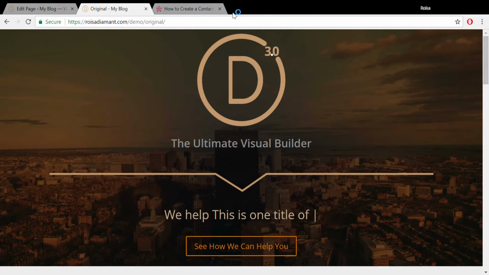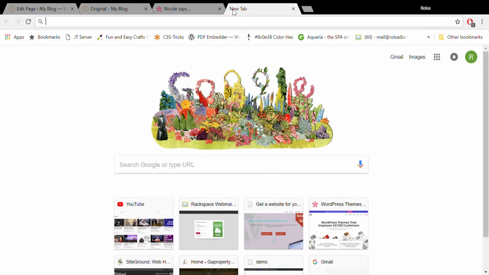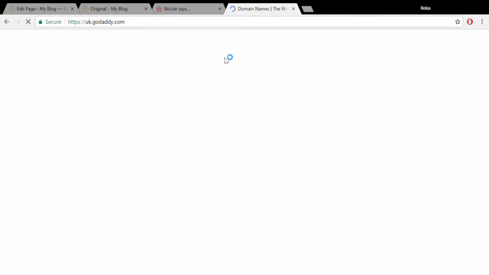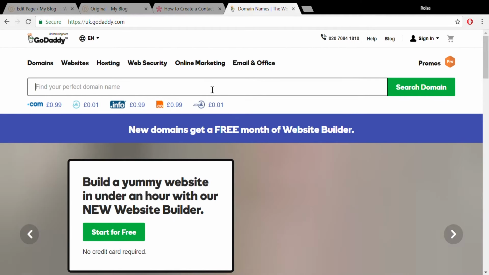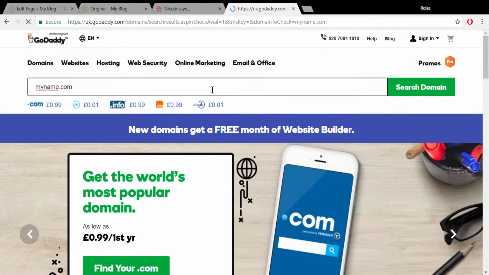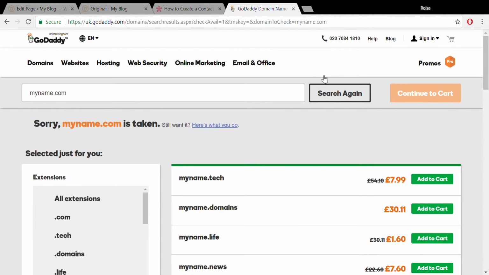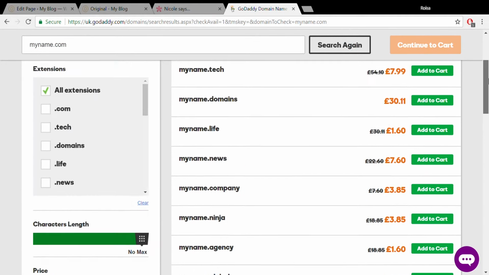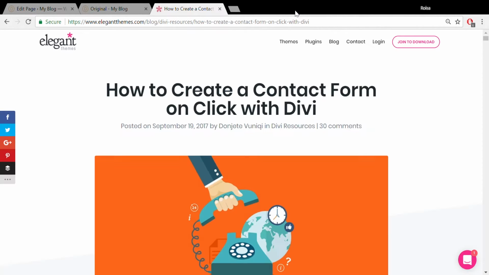So let's start. We're going to want to get hosting first, and we can buy our domain name there. If you want, you can buy your domain name at GoDaddy. Let's check out GoDaddy.com. And you can find your domain name, myname.com, let's say. And you can see it's taken already. You can buy one from here, or you can buy one